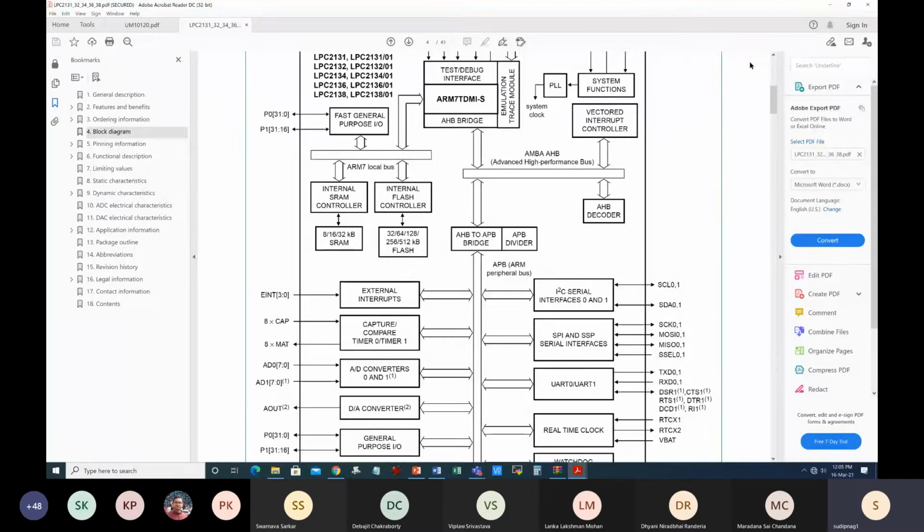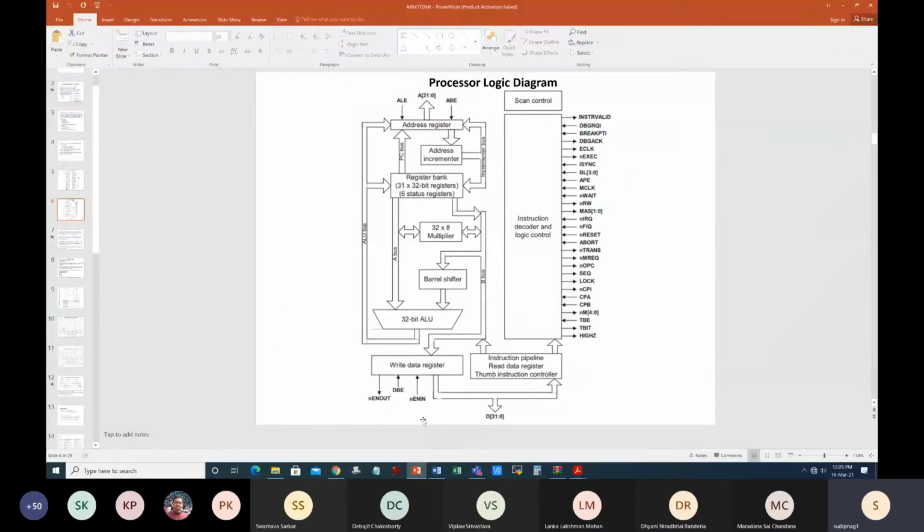So we have been discussing the ARM7 microcontroller during our previous classes, and yesterday I also recorded a shorter video to give you an idea of the ARM instructions. So in today's class we will continue after the instructions, looking at how to program this ARM microcontroller with simple examples, and then we'll gradually ramp up the complexity of the examples as we go along.